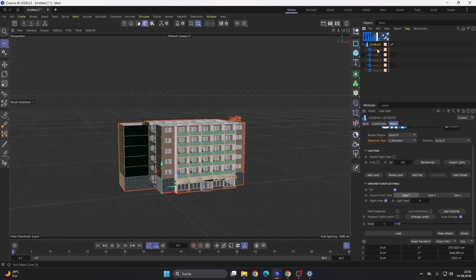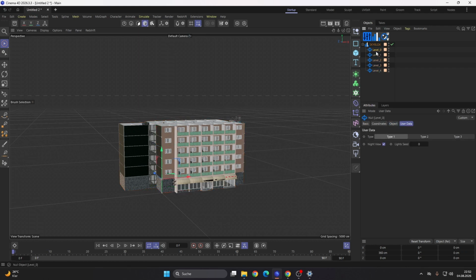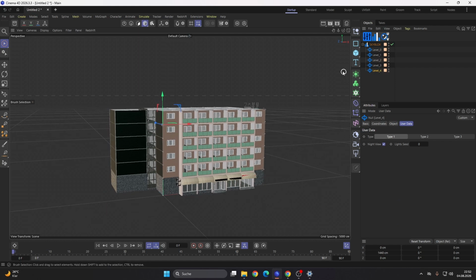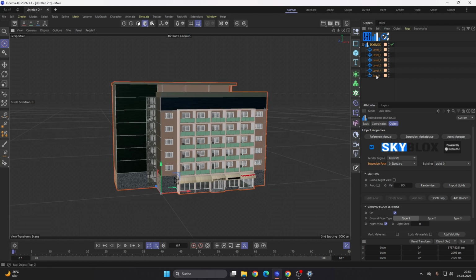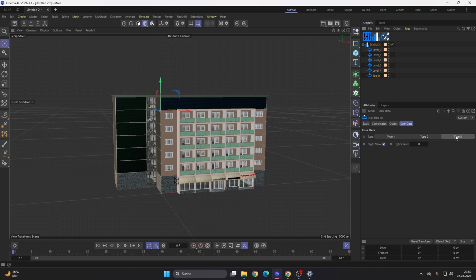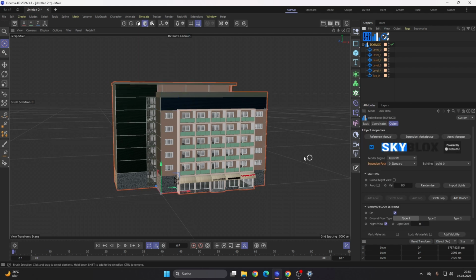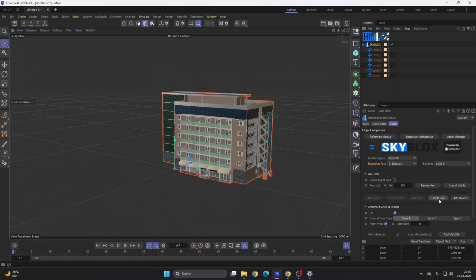So okay, so as you can see, if I click this auto arrange, and here's maybe my level 0, and I drag it manually here, it automatically sets the correct location here. Then I can add here a top, and the same goes for the top. You can choose a different top type, and here's also night view. We'll come to this in a minute here. And basically that's it.